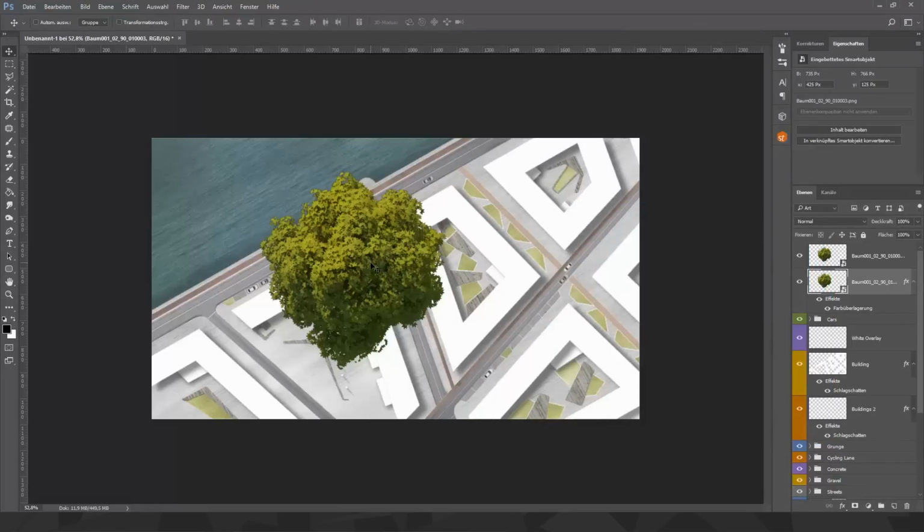And I press V for moving, and I move it a little bit with the shadows, maybe like this. I will put the opacity down to, you have to look, it's always different, maybe 45%. Does work very well. And after I finished that,